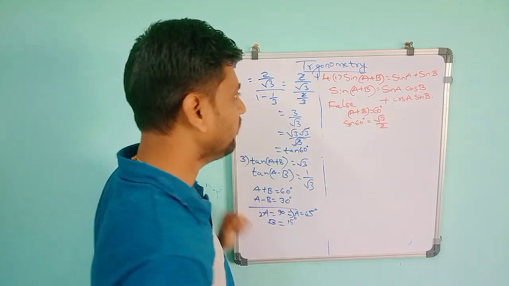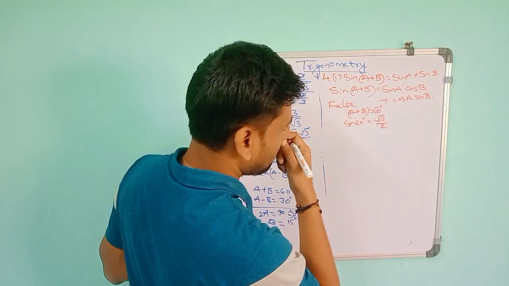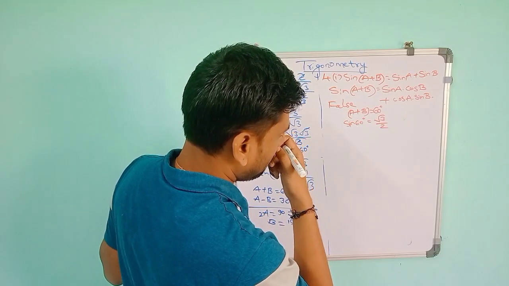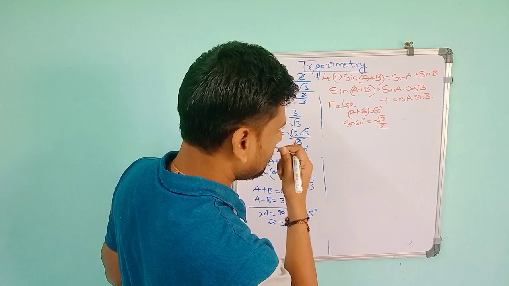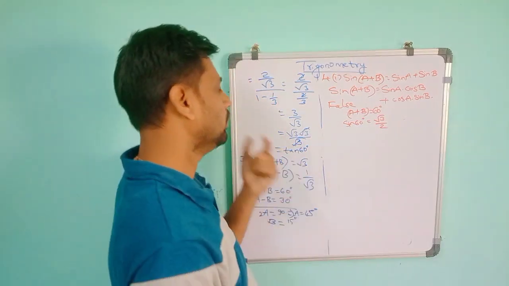So if we take A plus B is equal to 60, if we take A is equal to